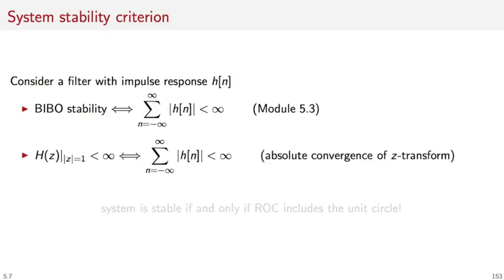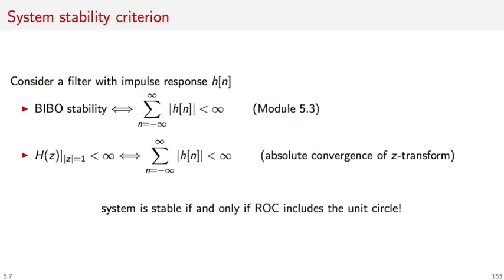And because of the absolute convergence property of the z-transform, when the z-transform exists for z equal to 1 in magnitude, then it means that the z-transform converges absolutely, which means that the impulse response is absolutely summable, and vice versa. So in conclusion, we can say that a system is stable if and only if the region of convergence